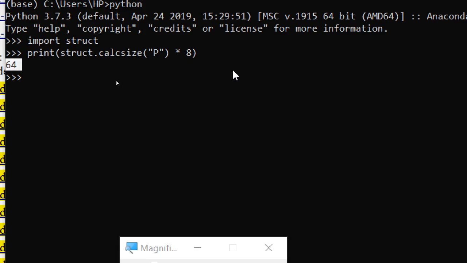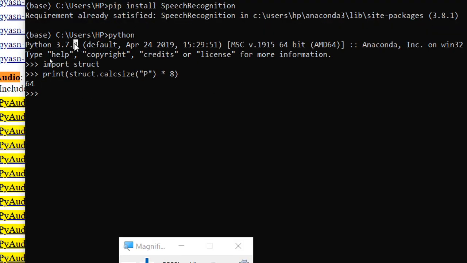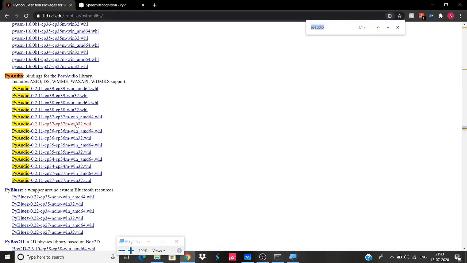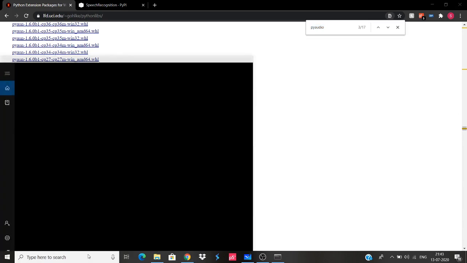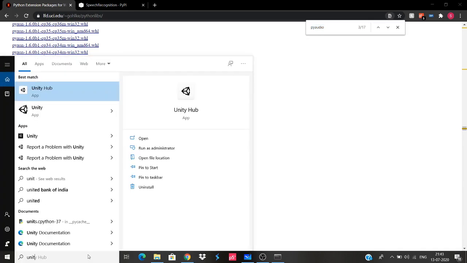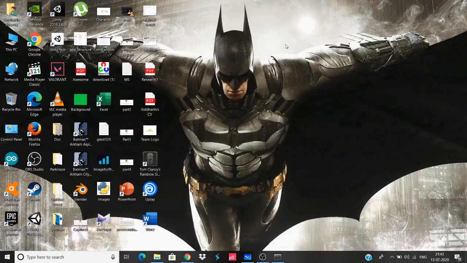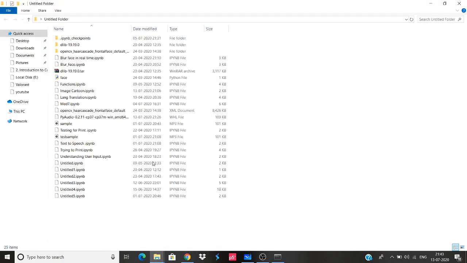So now I'm aware of two most important things: that my Python version is 3.7.3, so 3.7 is what basically matters, and it is 64 bits. So this is how you can check. And now that I know, what I'll have to do is just click on this and install it. I have already done this, so I'll just show you where I have done it. We'll go to our home page, and over here you'll be able to see I have PyAudio installed.